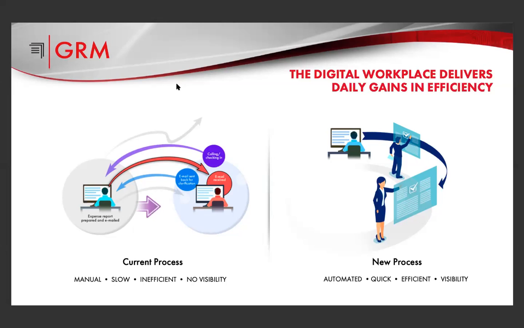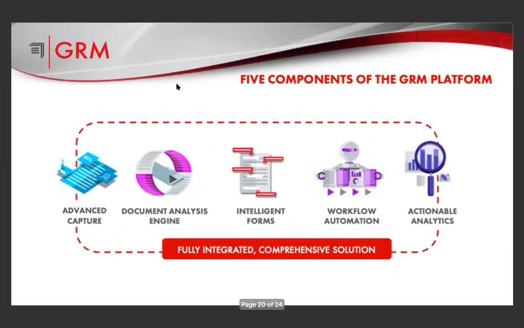Now let's take a look at how GRM delivers the digital workplace. GRM's Enterprise Content Services platform, which we call Visual Vault, is an entirely web-based environment delivered as a SaaS model hosted at Amazon Web Services. It's a multi-tenant architecture composed of groups of microservices, or those groups which you see here. Individual microservices are spawned for each instance of a process,